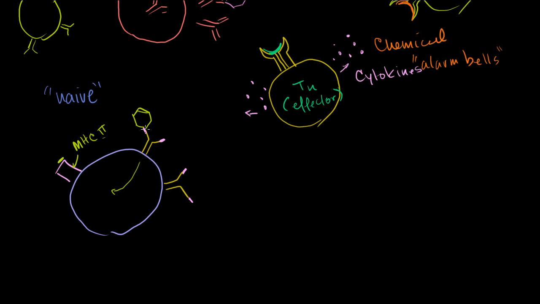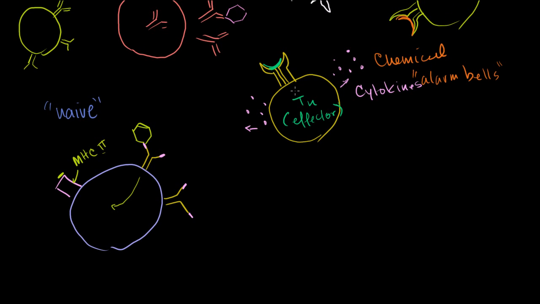This B cell happened to be specific to this virus, cuts the virus up, puts parts of the virus on its surface, and presents parts of the antigen. But in most cases, this B cell isn't yet activated. You can view it as being in a resting state, ready to be activated, but it hasn't started proliferating and differentiating into effector and memory cells yet. And in order for that to happen, you need a helper T cell, an activated helper T cell that is also specific to this very same virus.